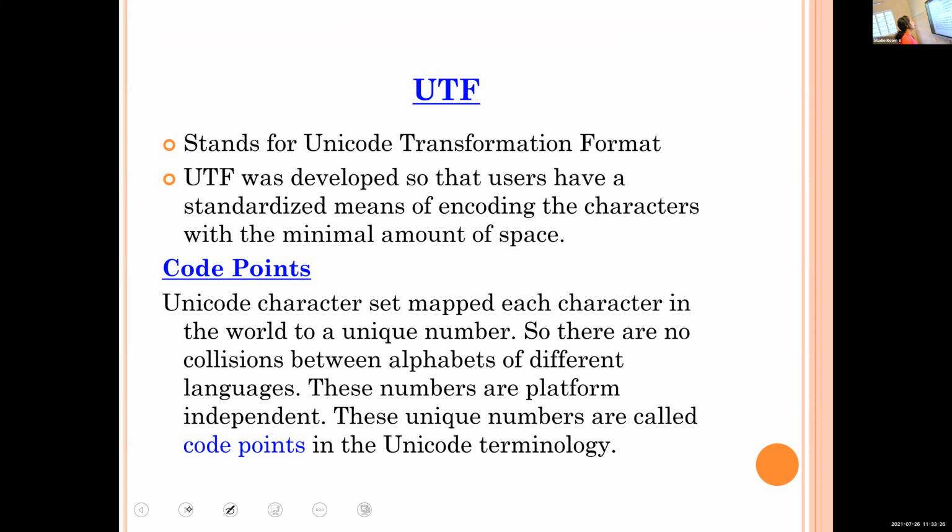The important thing in this theory portion is that you should learn by heart the expansions, that is, what is UTF, what is ASCII, American Standard Code for Information Interchange, ISCII, Unicode, then UTF, and learn by heart 2 or 3 points for each of these terms. What is ASCII, how many bits are used, and how many characters we can represent using ASCII. In the case of ISCII also, how many characters we can represent. The commonly used data representation codes are ASCII and ISCII.